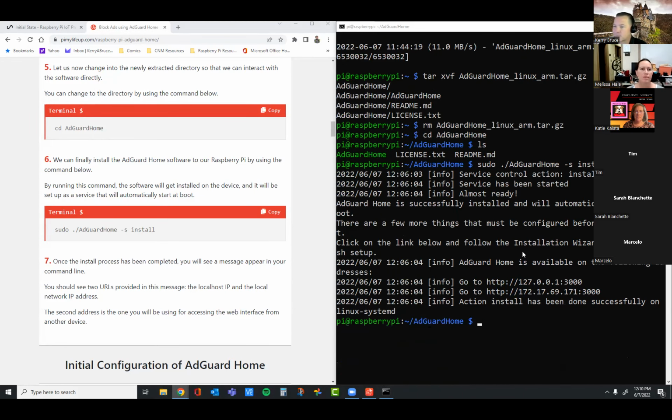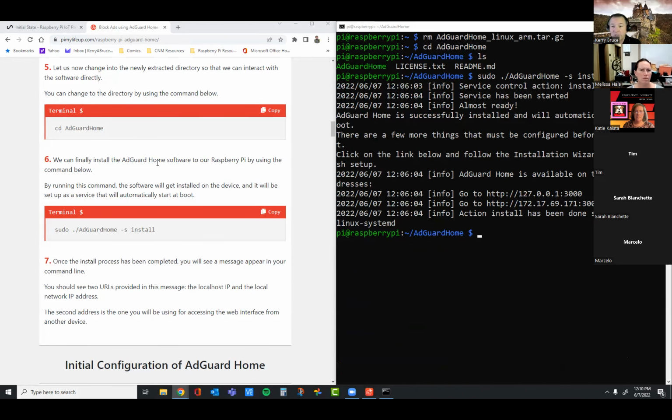Sweet. And as I'm cruising along, I'm hoping you're seeing from the installation that these guides are really good. They explain what's going on in between. They give you the code. Once we have it installed and up and running, then you're going to do some configuration. I haven't seen this configuration, but I think there's easily a way to construct a lesson around how that stuff works. So it's not a matter of, oh, all we did was type a bunch of commands and then we're done. Once we get done with it, we're going to have an ad blocker and there's going to be some configurations that we can do, so we can screen out some stuff and try different things.